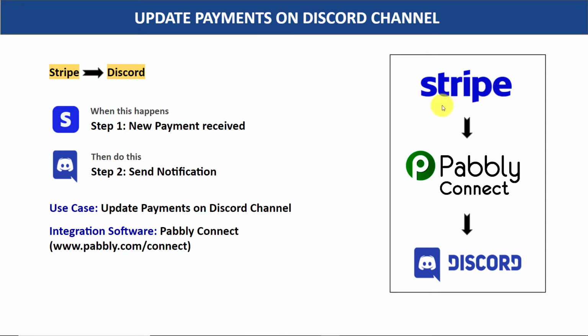So you want to notify your team members on Discord. So here you have two choices. The first choice is copy all the details of John from Stripe, sort it out, compose a message and manually send it on Discord. The problem with this approach is it's actually very repetitive and tiresome. So I would suggest that you bring in some automation so that whenever a new payment is received in Stripe, it will automatically send a notification on Discord.